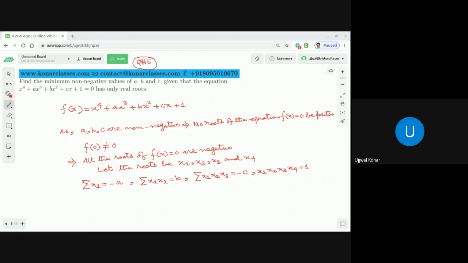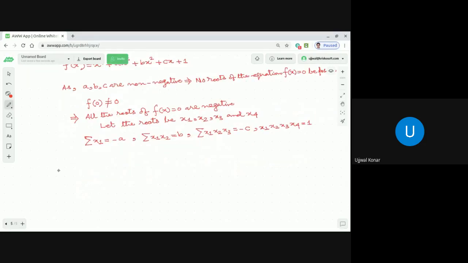Now what we see is that x1, x2, x3, x4 are all negative. That means minus x1, minus x2, minus x3, minus x4 are all positive. Correct or not? Yes. Absolutely clear. So what we can say is that as minus x1, minus x2, minus x3, minus x4 are positive,